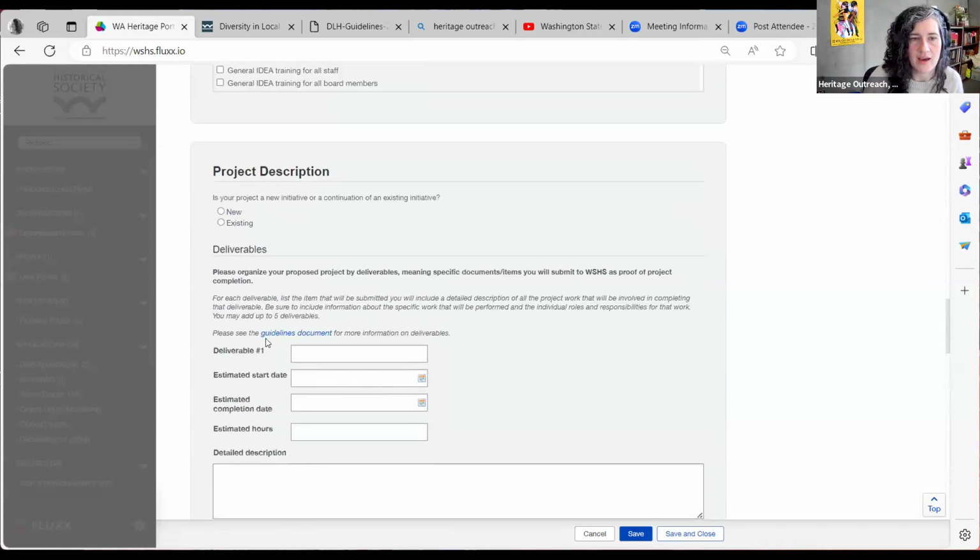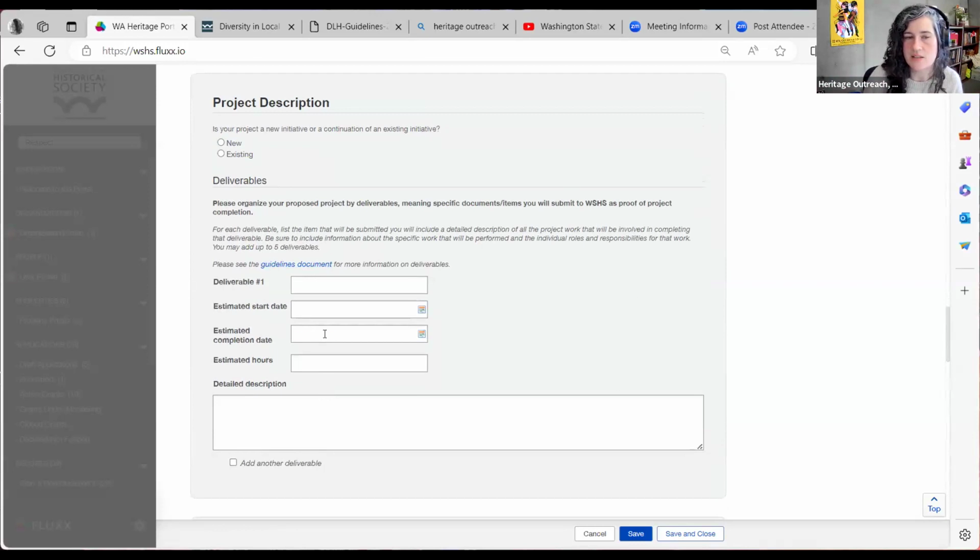When you get to this field, I would also say, I'm going to keep talking about the guidelines a lot, but we have a link embedded here to navigate back to the guidelines for the grant. When you get to writing your deliverables, go back to the guidelines, because we do have some examples of deliverables and how you might look at a project that you want to do and then imagine into the future: I think we'll have X and Y at the end of this, and this is how we can talk about that and anticipate that we'll produce that. We'll tell you this is what we'll have to show at the end.